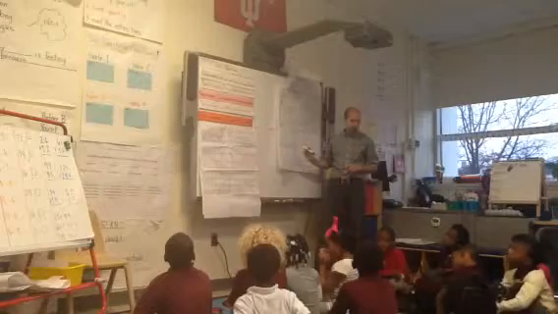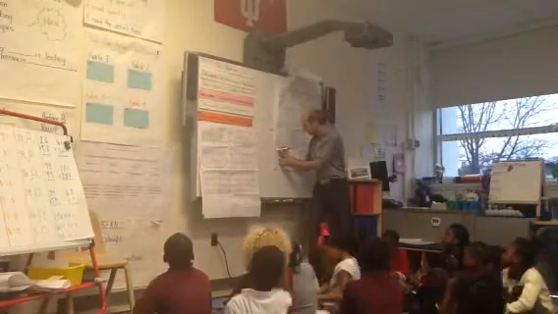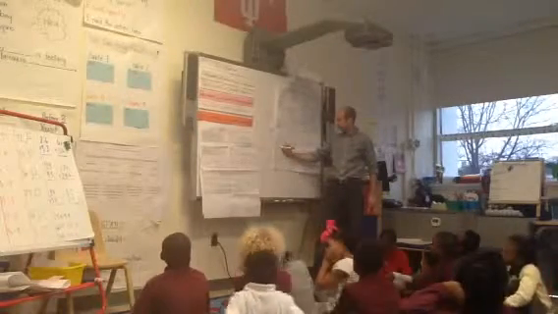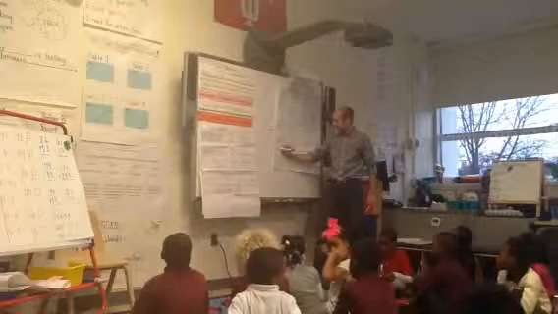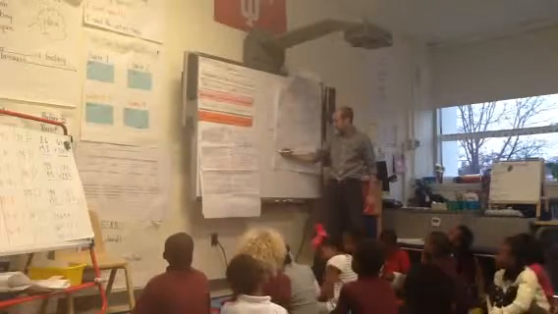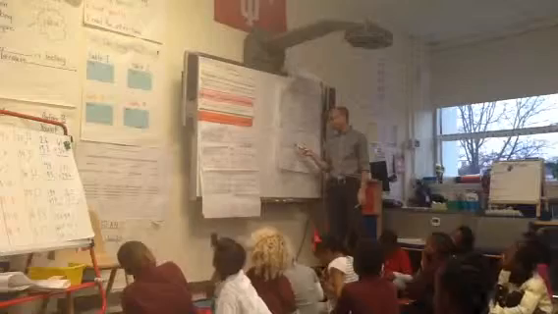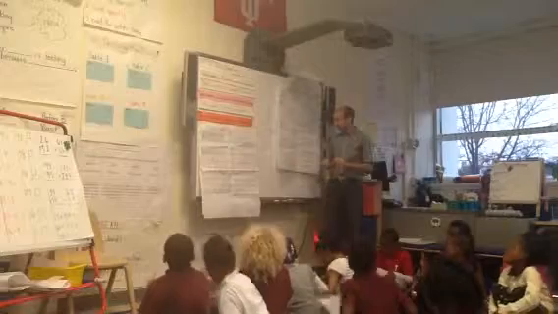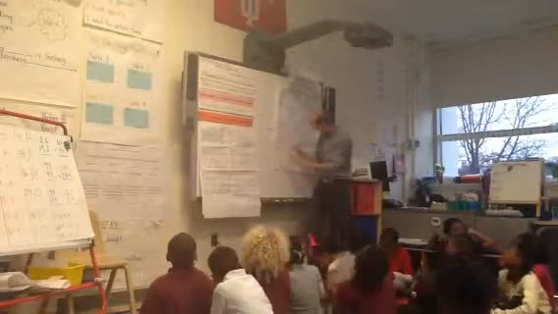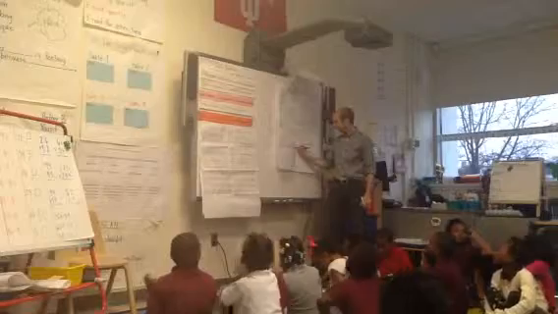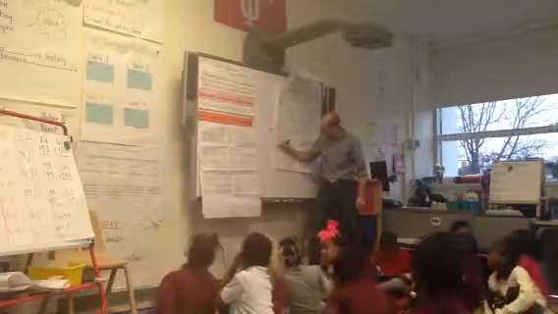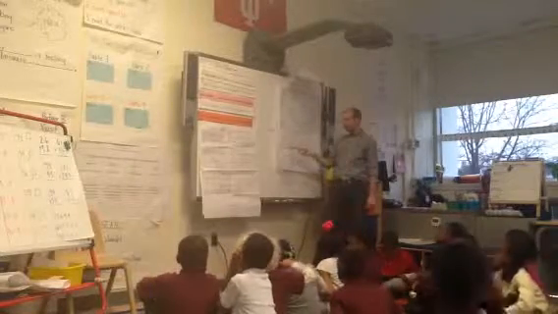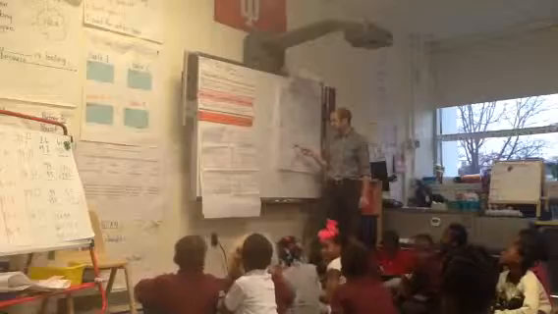Okay, I'm drawing 29. So count along with me as I draw it. 10, 20, 21, 22, 23, 24, 25, 26, 27, 28, 29. Okay, and I'm subtracting 16. So 16 has one 10, so I'm going to cross out one 10, and 6 1s. Count along with me as I cross them out. 1, 2, 3, 4, 5, 6. My remainder is the difference between 29